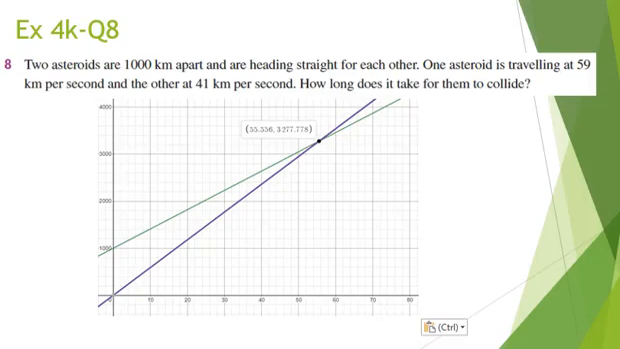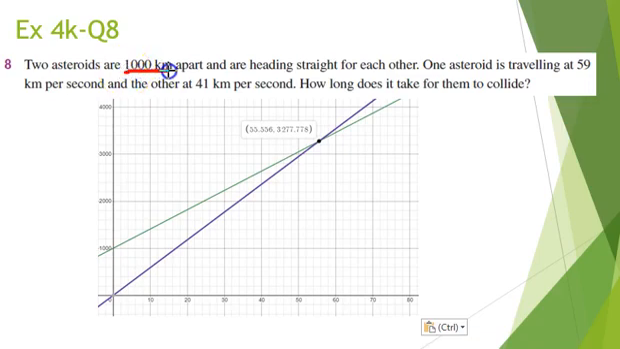Hi, I'm going to explain question 8 of exercise 4k. So, reminder that our lesson is about solving simultaneous equations using graphical techniques. You will be expected to sketch two or more lines. In this question, it is two straight lines, and we see where the point of intersection is. Okay, so we're going to do that using the given information. So our given information includes